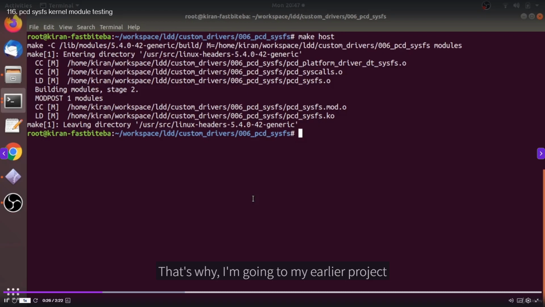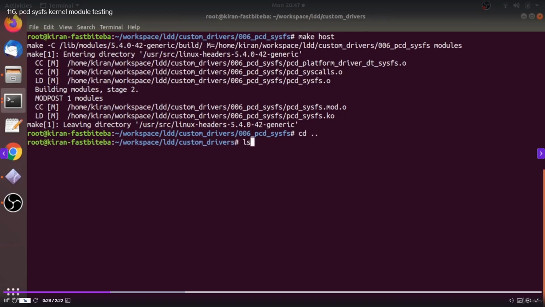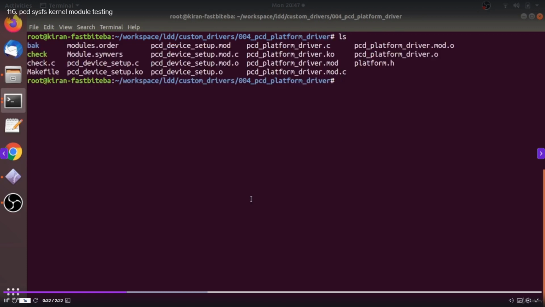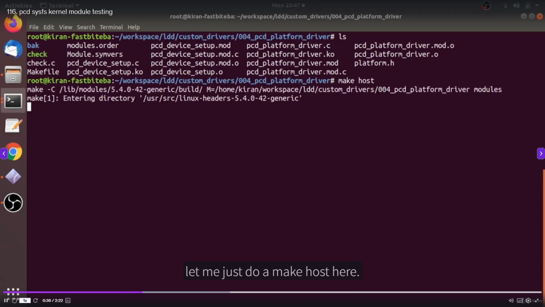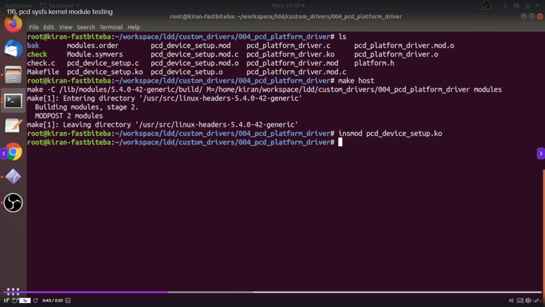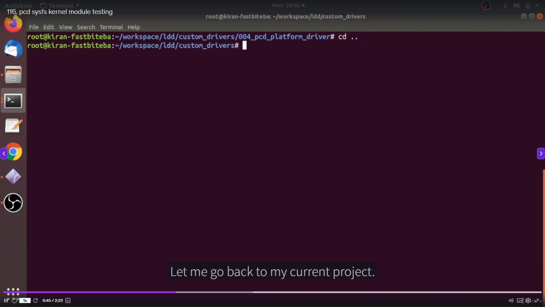That's why I'm going to my earlier project 004. So here we have got device setup code. Let me just do a make host here and let me load first the PCD device setup code. Let me go back to my current project,